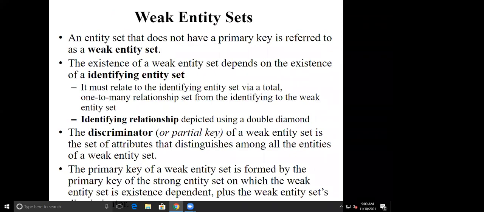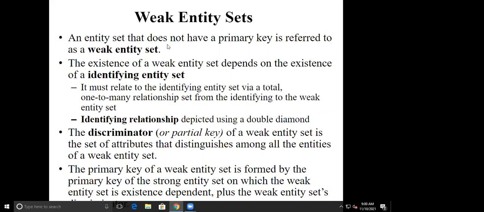So now let us see the next concept, that is a weak entity set. A weak entity set means entities which don't have their own existence. For example, if I'm teaching a subject, within the subject I can have multiple sections. The section completely depends on the subject, so the existence of the section is dependent on the subject. If the subject is not there, the section will not be there. So here the section becomes my weak entity, whereas the subject or course becomes my strong entity.